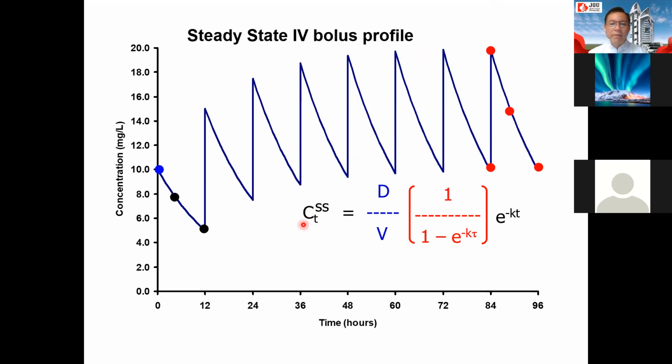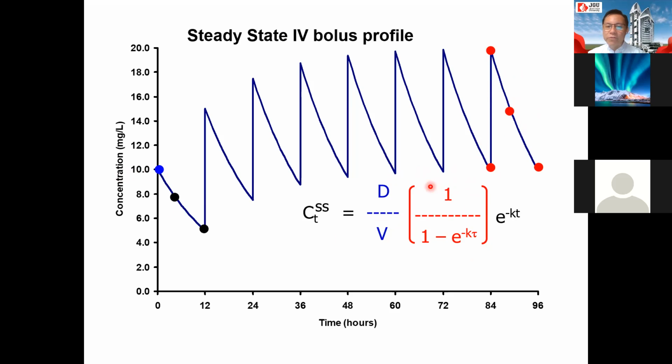The blue color is when you just give the single dose, which is dose divided by V. The red color here is the C(t) at steady state, which is the dose divided by V